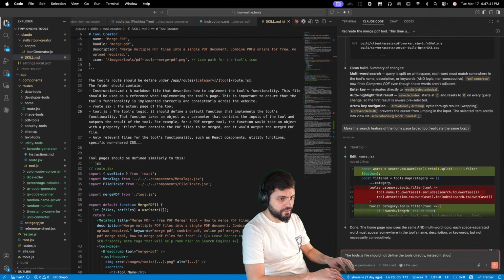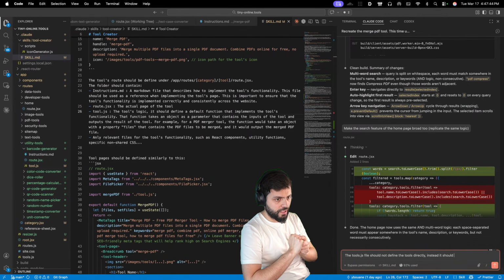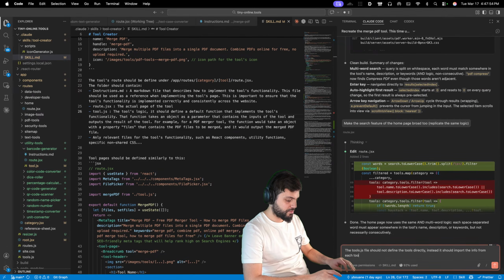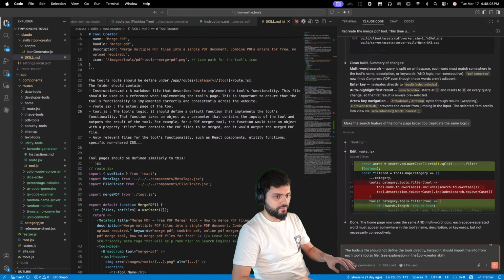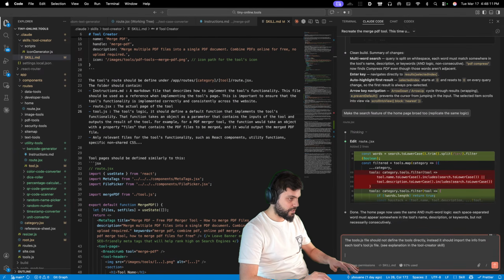Instead, it should import the info from each tool.js file. See explanation in the tool creator skill. Then on the tools pages,